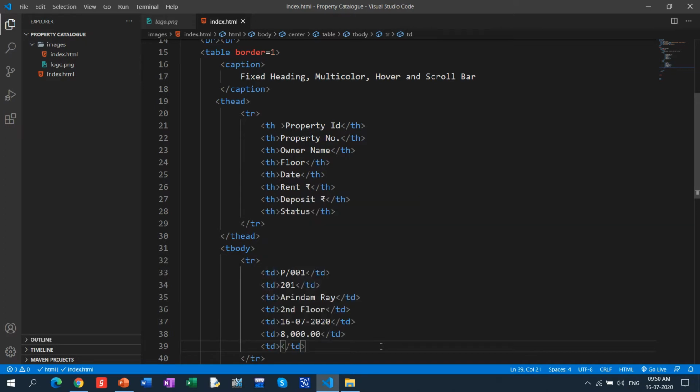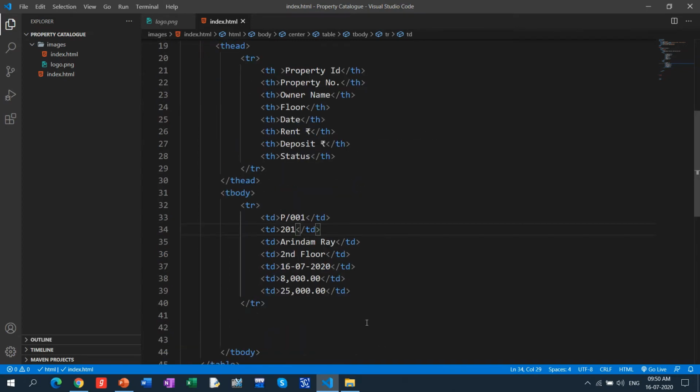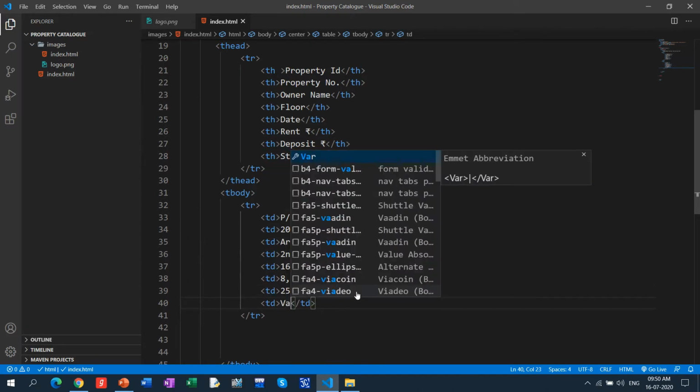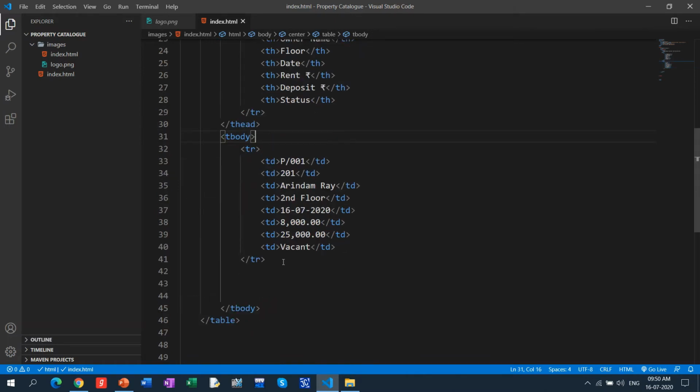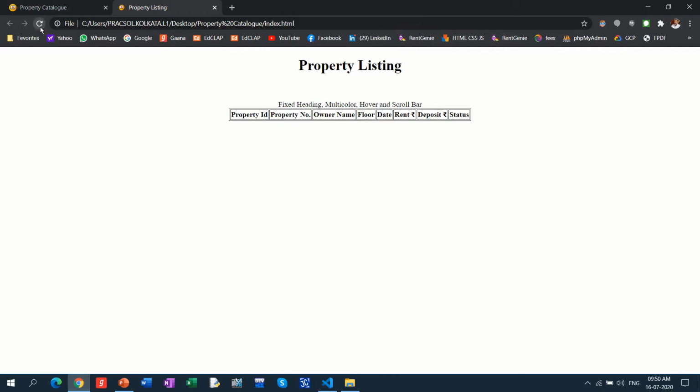Now make the deposit amount 25,000, right? Done. Then again td, the status is vacant. Fine. So that I did for one record. Okay, let's see how it looks. Just let me refresh.